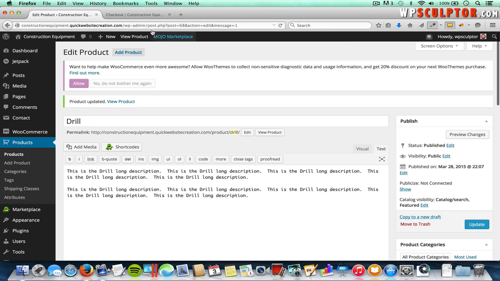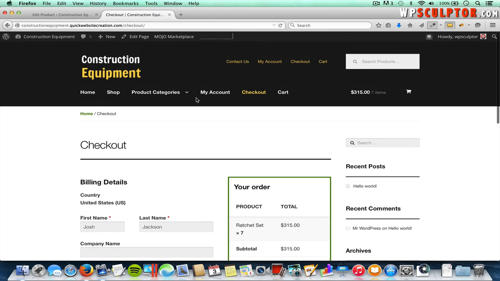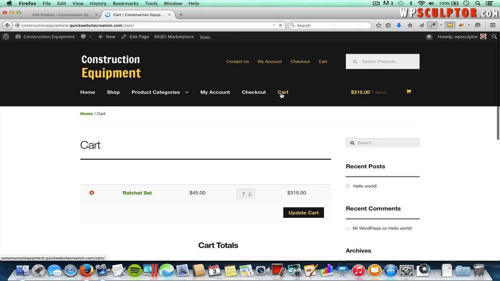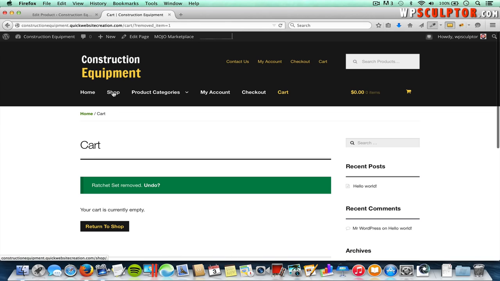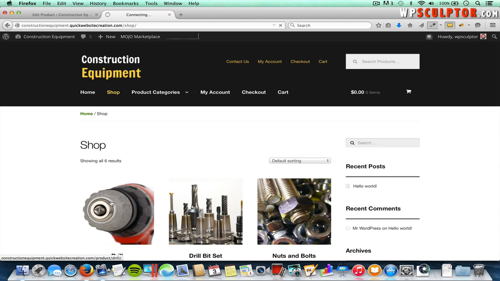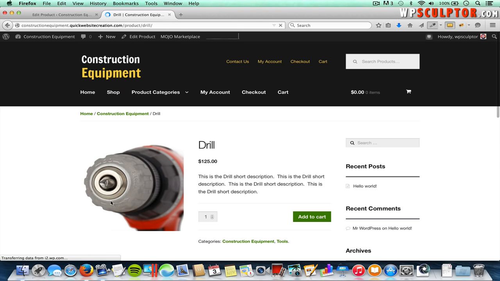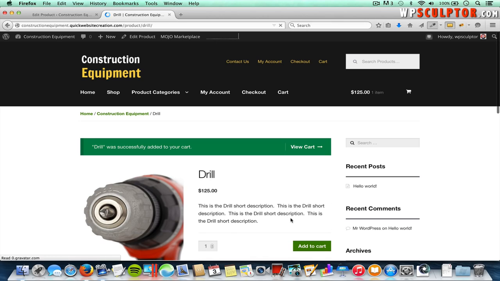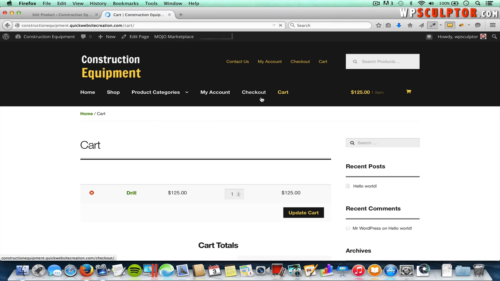And now when we view the front end of our site, I'm going to scroll up and go back to our cart, and I'll just remove the ratchet sets that we have by clicking the X, and then I'll go back to my shop page and I'll click on the drill to open up the drill product page, and I'll click on Add to Cart. So we're going to add one drill to the cart, and then I can click on View Cart, or actually I can click on Checkout here